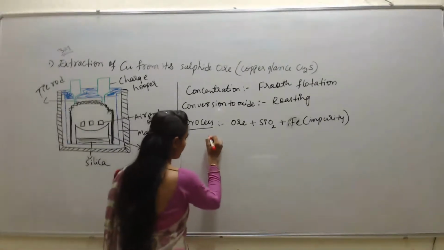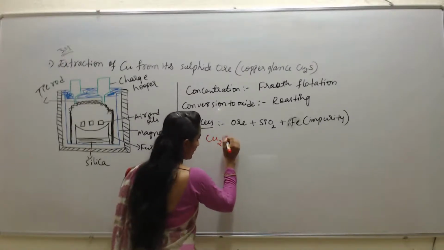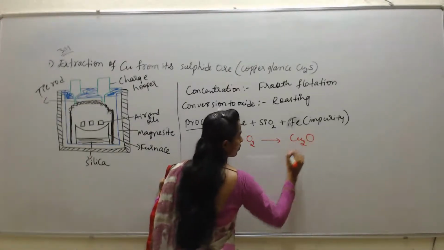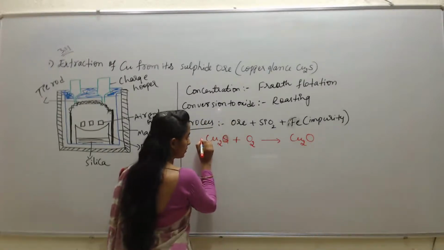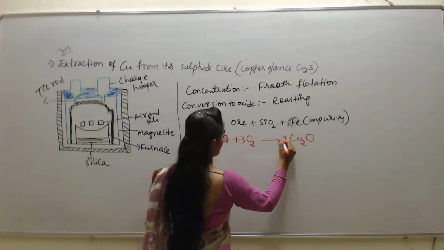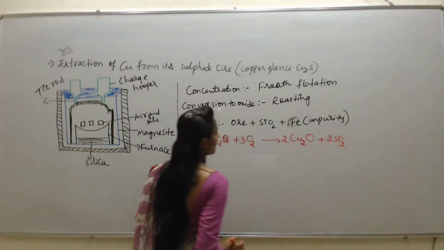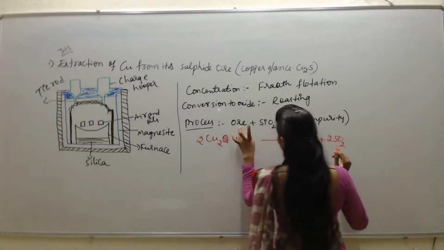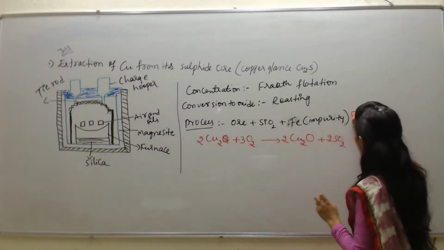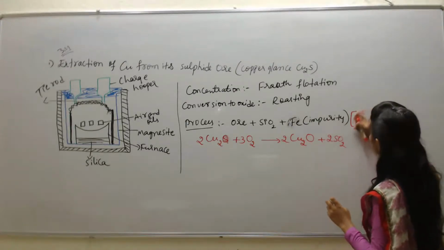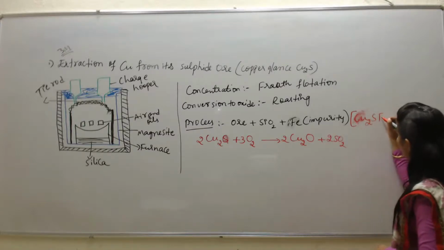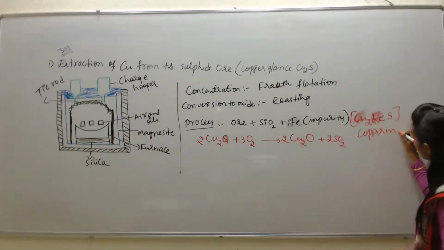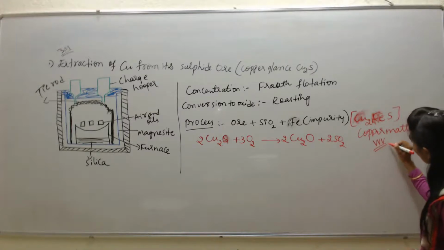Okay. First what happens, this Cu2S is burned in the presence of oxygen and gives Cu2O, that is 2Cu2S plus 3O2 gives 2Cu2O plus 2SO2. Okay, students, while this happens, at the same time the Cu2S combines with iron sulfide and forms Cu2S.FeS. This is called copper matte,